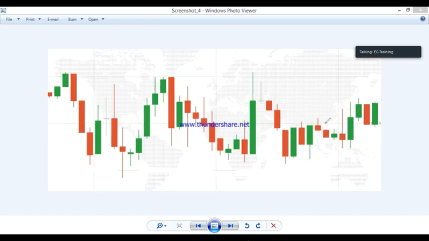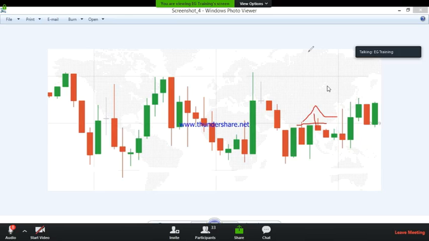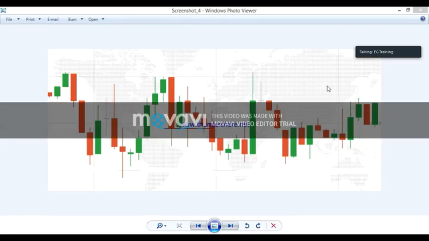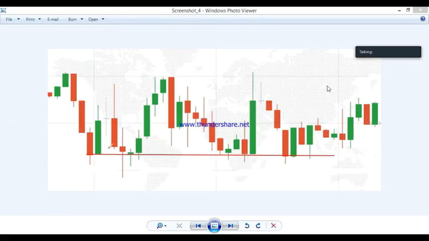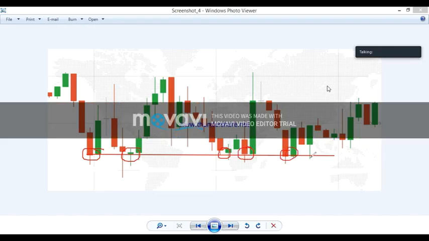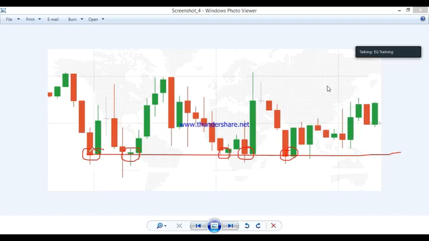Sometimes the market will reverse, sometimes because of this strong candle it will go up, so we can't trust this level. And here sometimes it will reverse, sometimes it will continue, we can't trust this level. But if you see this level, the market is reversing mostly. It reversed, again it reversed. It didn't touch this level, it touched this level, it reversed without closing the point here.